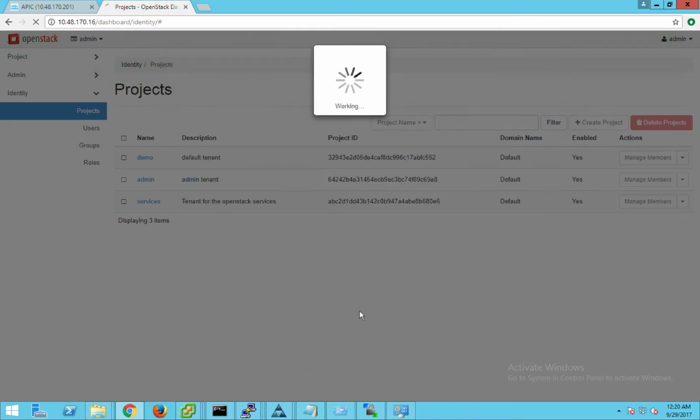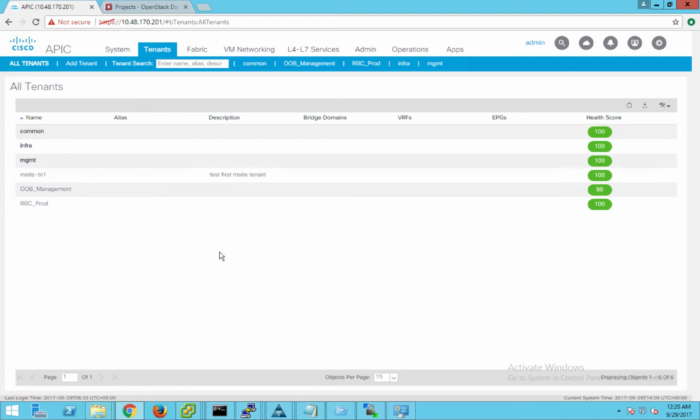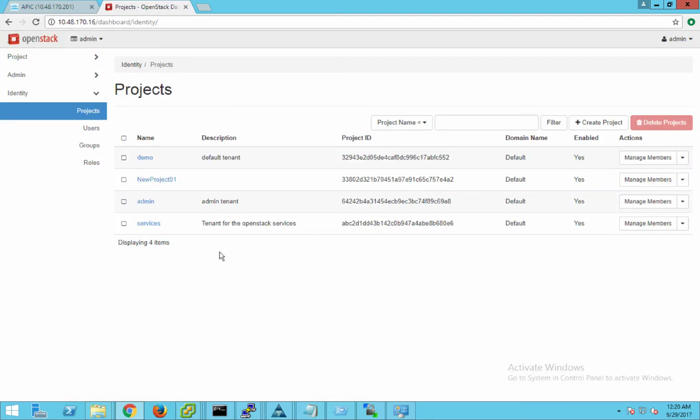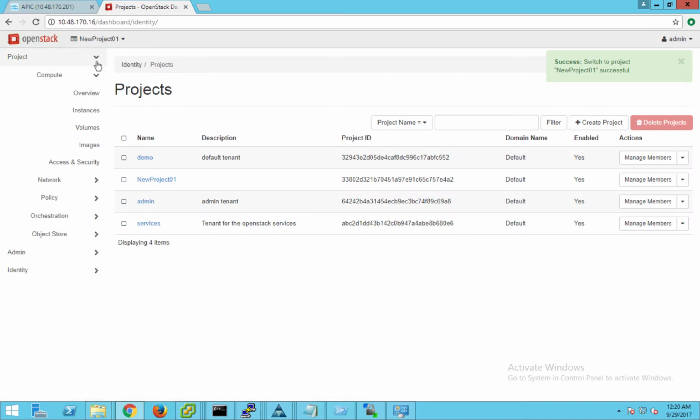When I create the project in OpenStack, there is actually no call towards the ACI fabric, so we can see that no ACI tenant has been created. Why? Because the plugin for the integration lives on the Neutron component of OpenStack, and that has not yet been called in this project creation. So let me move to new project 01, and I will go ahead and start